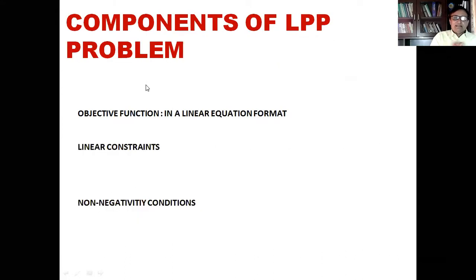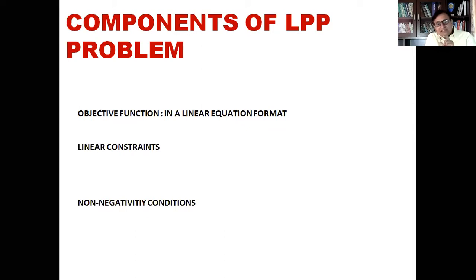Now, what are the components of linear programming? In operation research techniques, we have already discussed that we have to follow certain steps. First of all, you have to define the problem. Every technique has a model to define and structure the problem. In a similar way, linear programming has a structure for its model, and that structure can be defined into three segments. Number one, the first segment is the objective function.